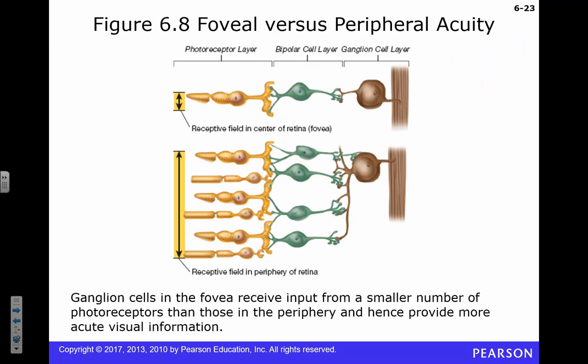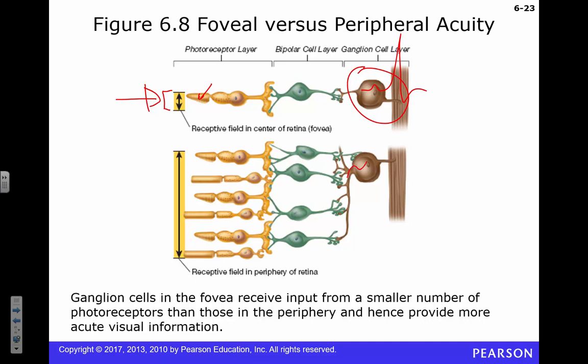So, why do we see things better in the fovea? Well, remember that time, a long time ago, I said that on average, each of your cells gets about 10,000 inputs from other cells. And I said some of those maybe get as many as 100,000 inputs, and some of them only get one input, right? So in this case, this guy that only gets one input, he knows exactly what happened in that small bit of space, right? So this ganglion cell fired an action potential. That was awesome. It fired an action potential because a photon of light hit this guy. And we know exactly where that is. We know exactly what happened. It's a one-to-one relationship.